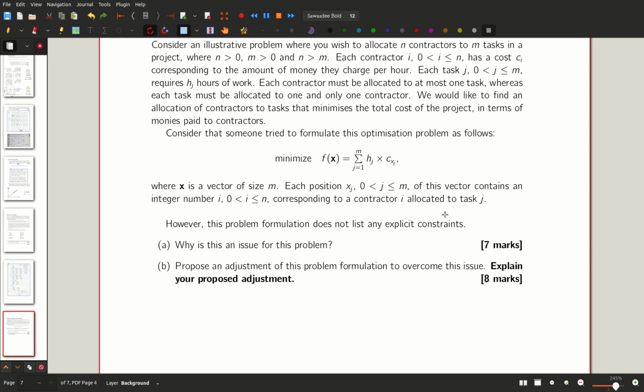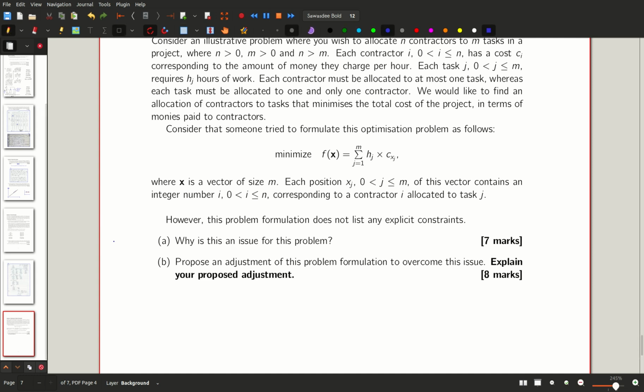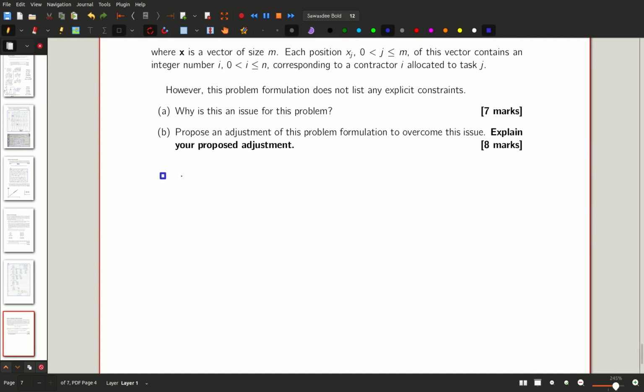Copy the constraint. Yeah, so it's not making sure that every contractor has at most one task and every task has one contractor. So yeah, I think this is just the exact same sort of issue as that last paper, but we're just missing the constraints. So for A,